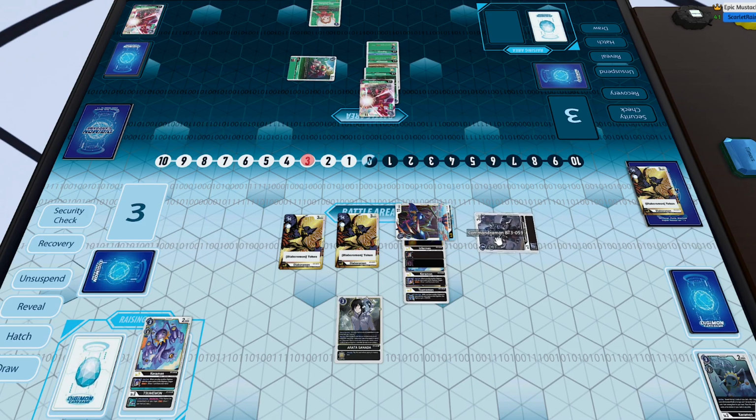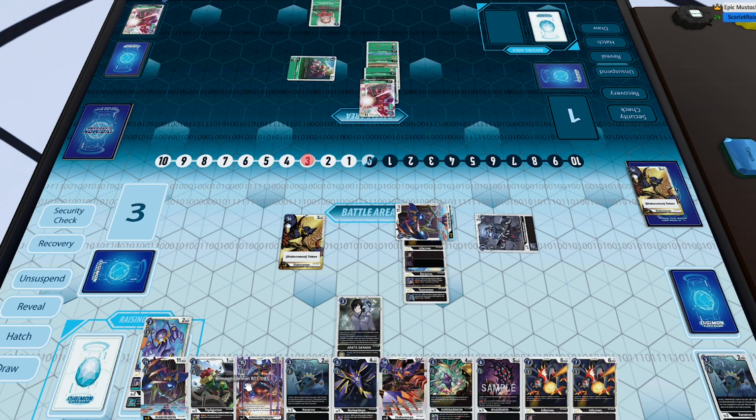So he's going to be able to play that for free, which is bad news for me. And he's just going to get even more crazy cards out of security. So he's going to get HBD. So I'm really screwed next turn, but as if it couldn't get any worse, I'm going to run into a Feliciamon, so one of my Diaboromon tokens is going to die, which isn't too big of a deal,